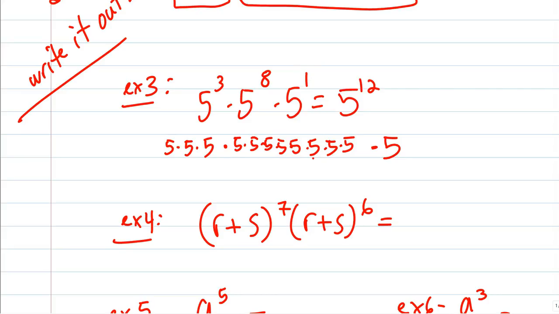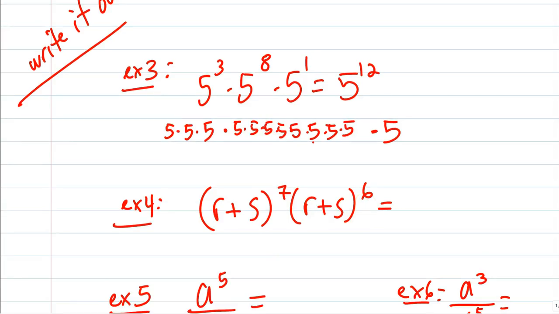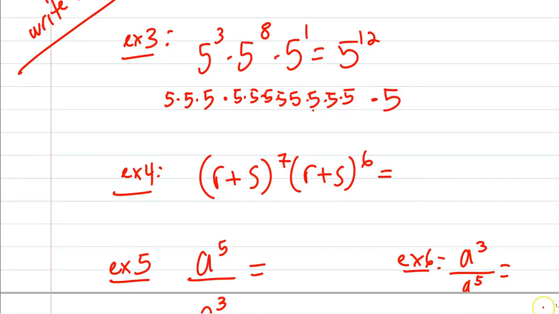You're adding exponents. You're adding the number of times you're multiplying by 5. We are multiplying by 5 a total of 12 times. If I have r plus s to the 7th, r plus s to the 6th, I'm not going to write this one out, right? We write it out when it's easy so that I can handle it and understand it